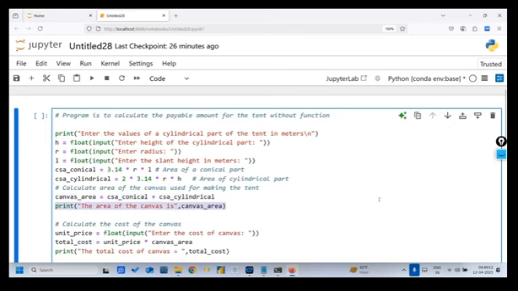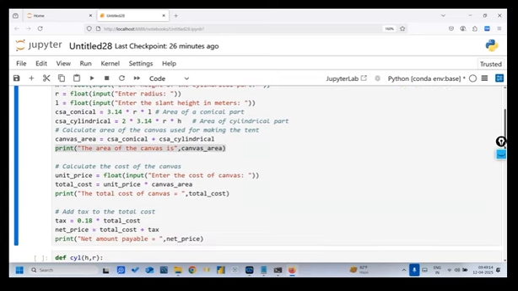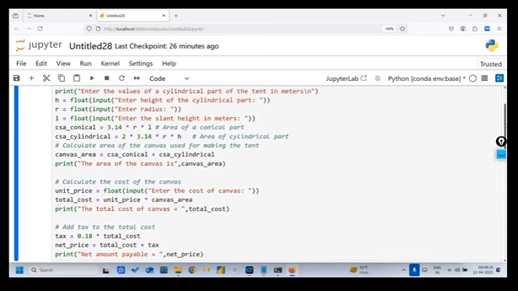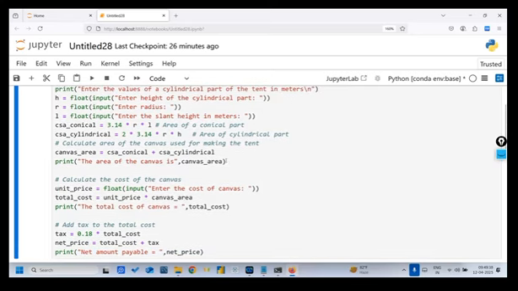Now asking the user the cost amount. So that is entering the cost and calculating the unit price into that particular total canvas area. This is the formula for that. Then adding 18% tax on top of the total cost. So this is the tax calculation, and adding that post tax and then printing this one. See, to write such a big program, it is taking a lot of time, right? If we want to ask the same questions to the second user, we have to write the same code again